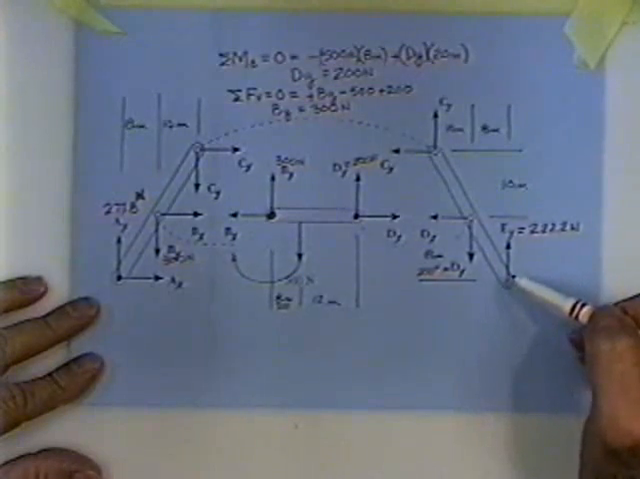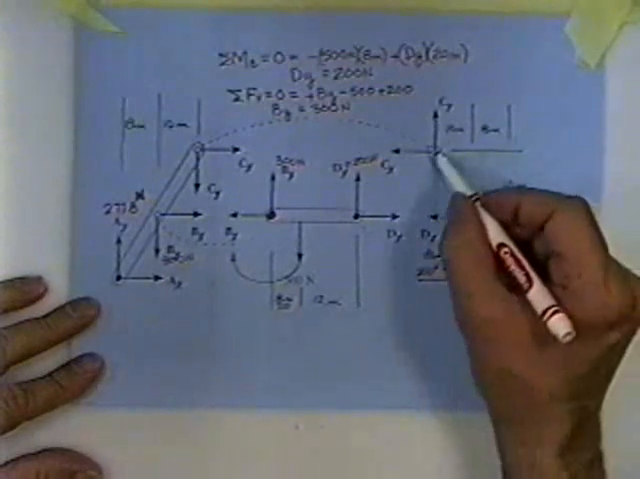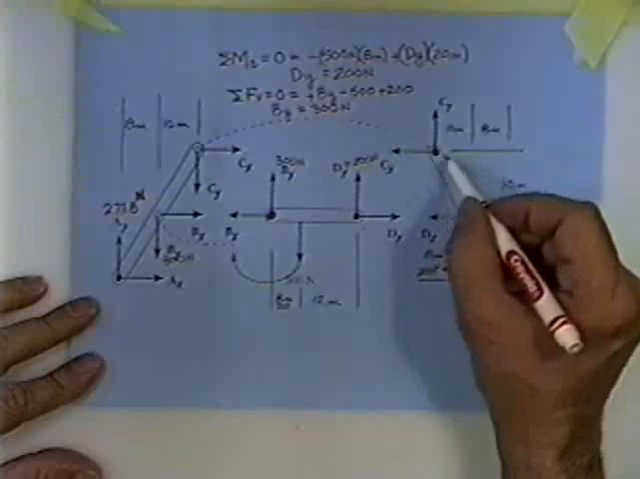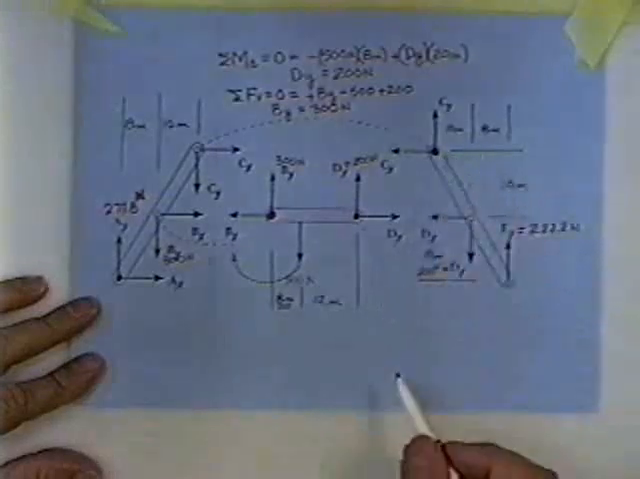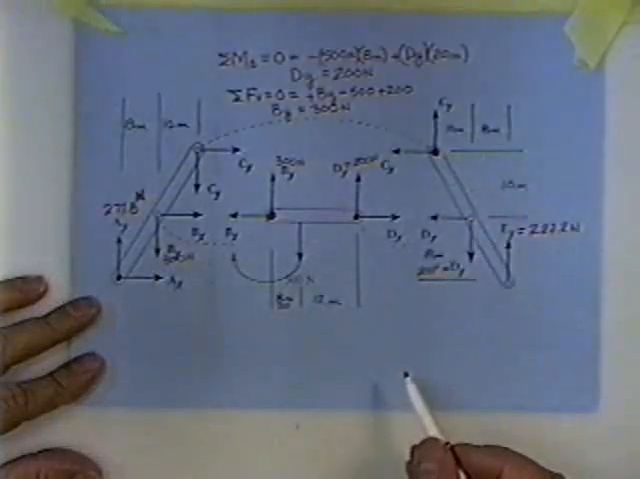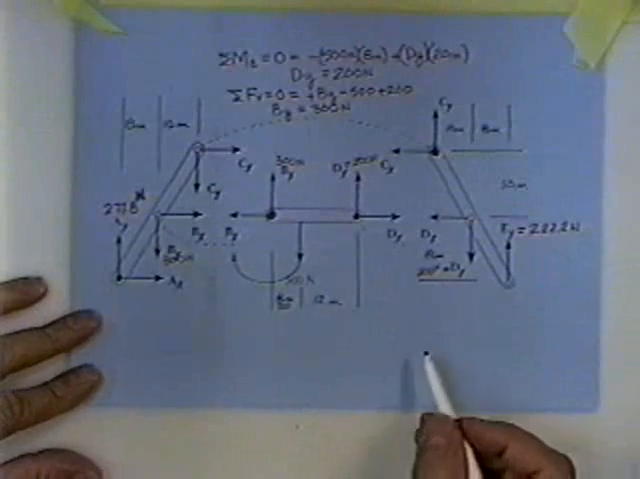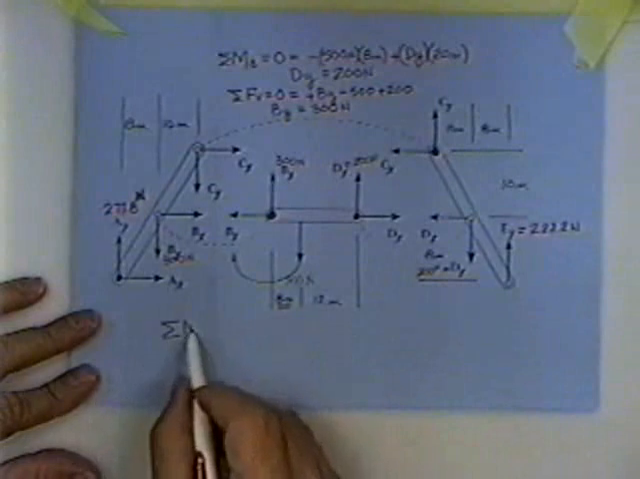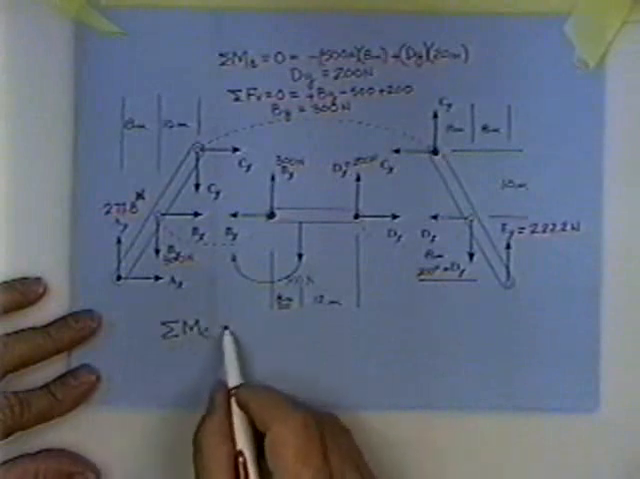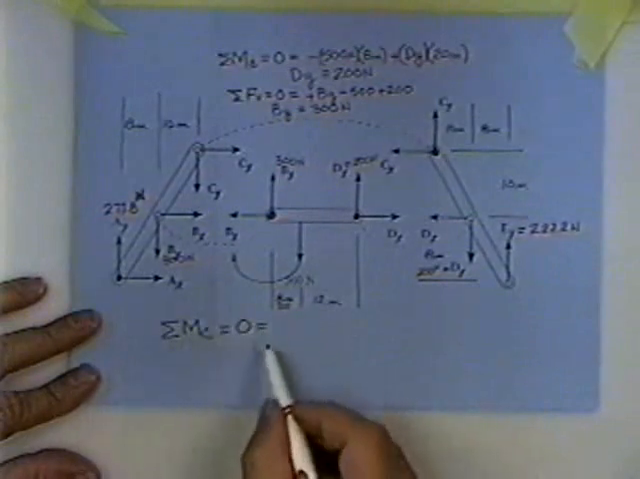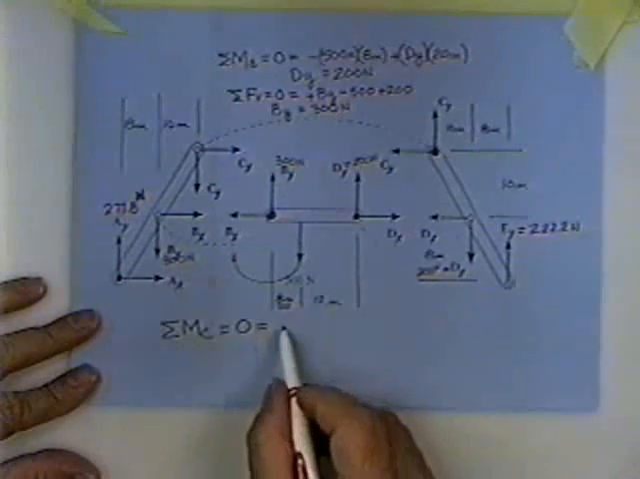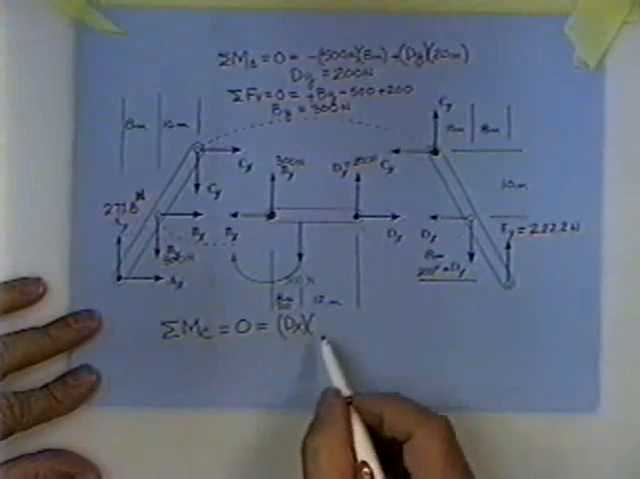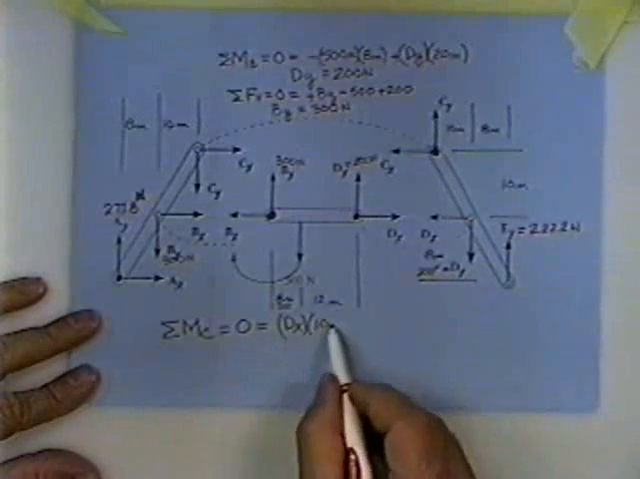To get rid of 2 of them, as many as possible, I'll sum moments about C. The reason being, 2 unknowns pass through point C, and they therefore drop out of the equations. The equation reads, sum moments about C equals 0 equals. First, there is a DX force. He is 10 meters